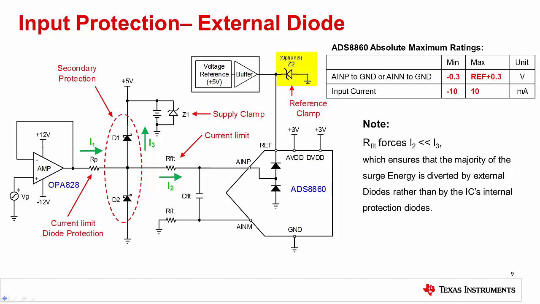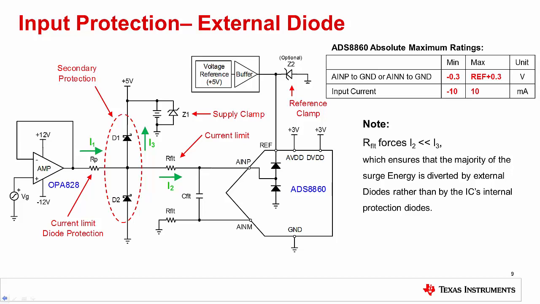Notice that a TVS clamp may be required on the voltage reference as the reference may not be able to sink the transient fault current that feeds through the ESD diode. The second layer of protection is the external diodes D1, D2, and the current limiting resistor RP. When the output of the amplifier swings to plus-minus 12 volts, these diodes will turn on and limit the voltage to approximately 5.3 volts when D1 is turned on, and approximately negative 0.3 volts when D2 is turned on. The exact limiting voltage depends on the forward drop of diode D1 and D2.